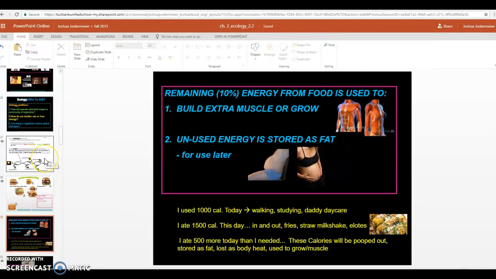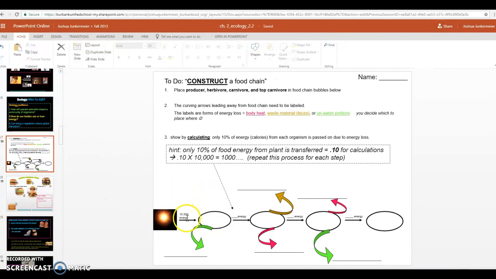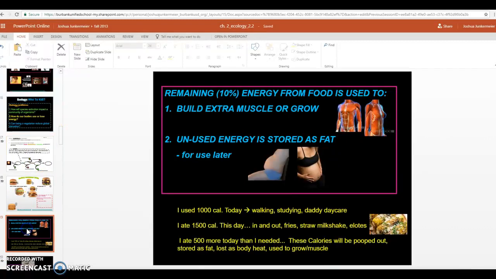Well, let's go back to the food chain as a reminder. Back on slide 13, we studied and saw that every step from when the sun gives energy to the plants or the producers, all the way up this line to the top consumers, and we are kind of top consumers. By the time we receive some energy from what we're eating, we're really only getting 10% of that transferred. Based on the fact that energy is lost every step, every time one organism eats another, they are only receiving 10% of that possible energy. Based on that idea, we move forward with slide 19.